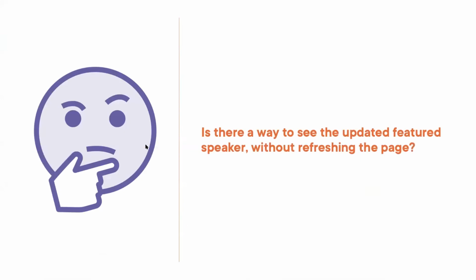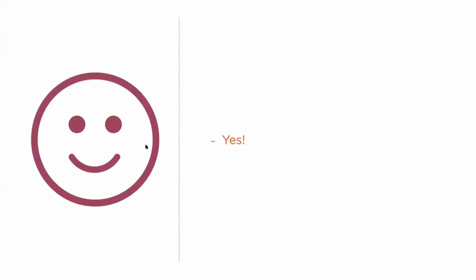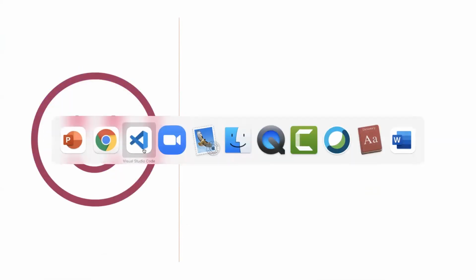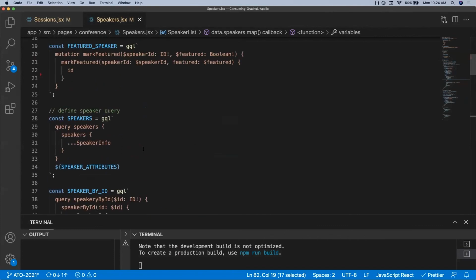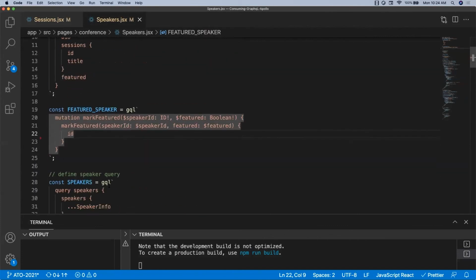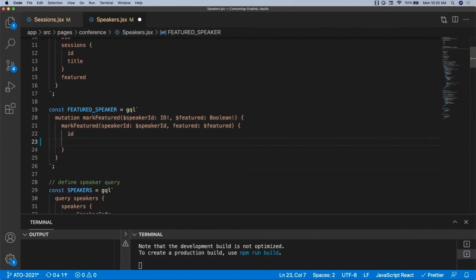And you're going to think, is there a way to see the updated featured speaker without refreshing that page? And the answer is yes, you can. It's a simple addition that I need to make to this mutation. Our mutation originally only returned the ID. To that, I also need to return the field that I mutated. If we return the featured Boolean as well, you'll see that the cache gets updated instantly and we don't need